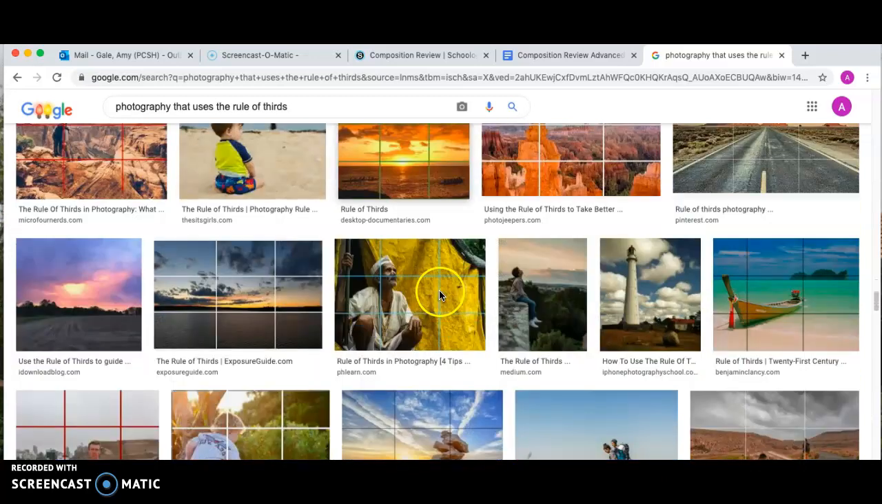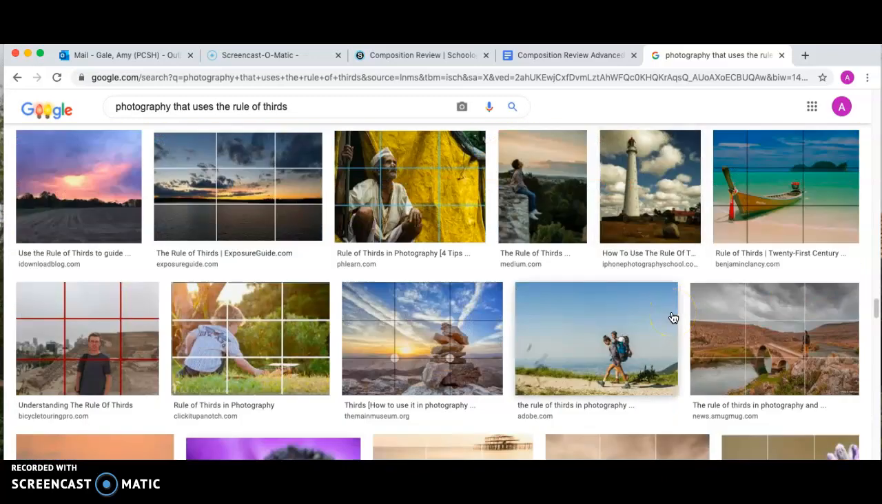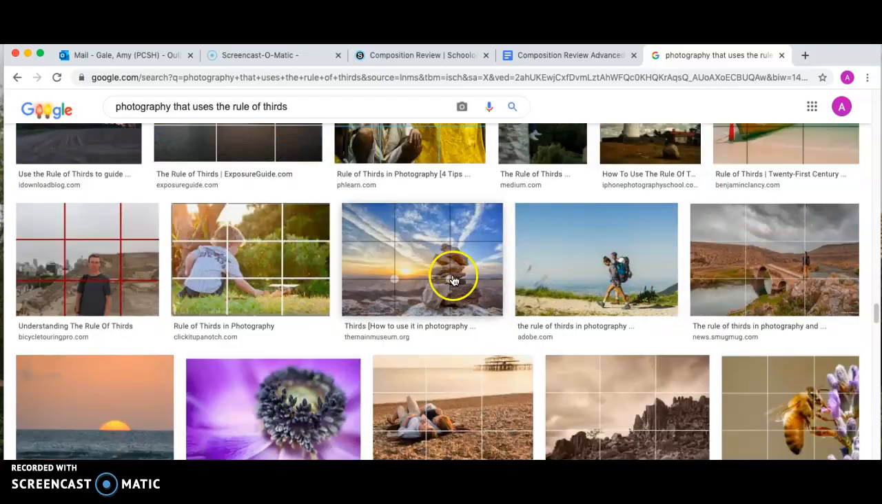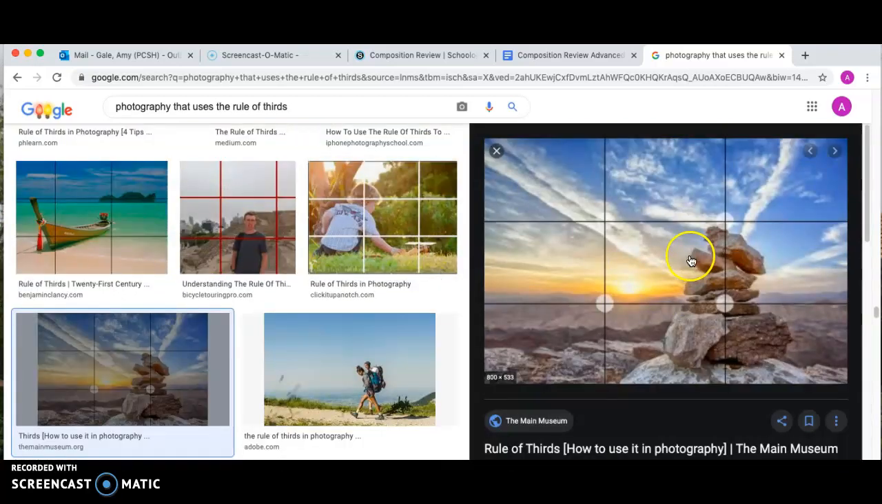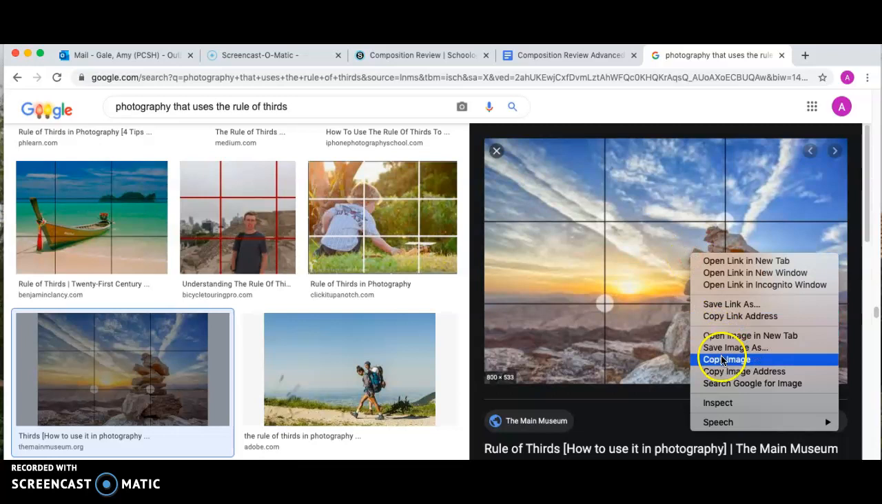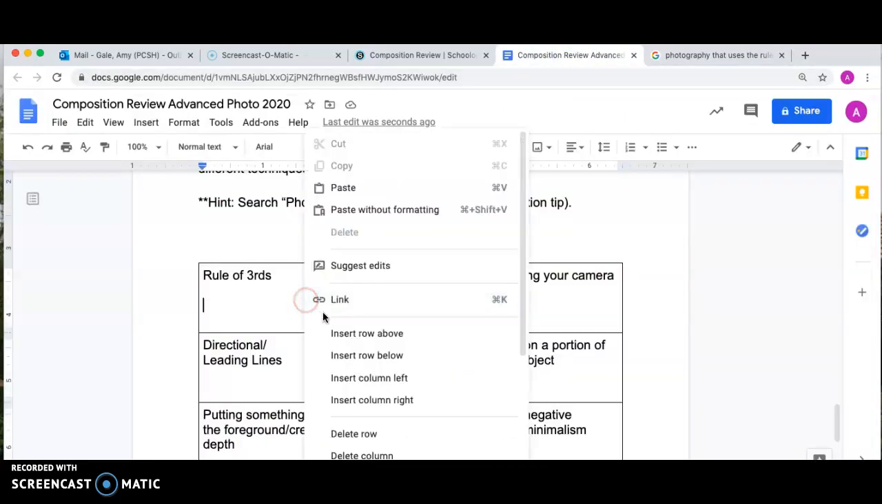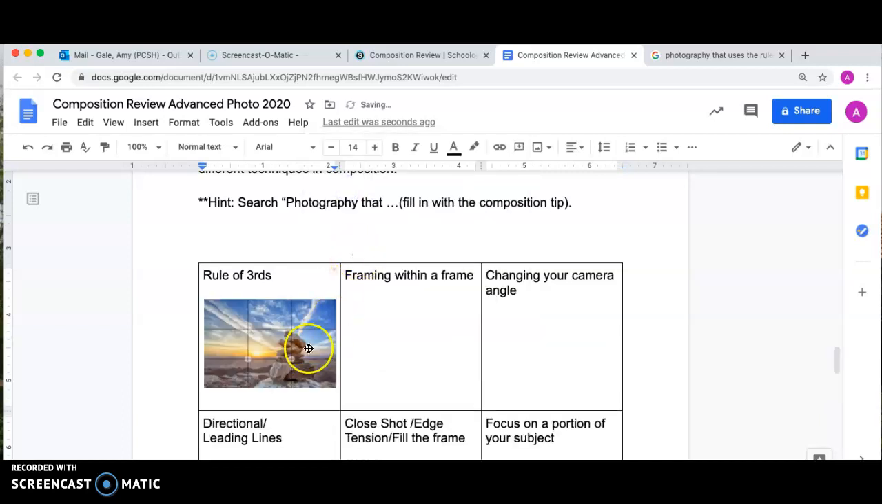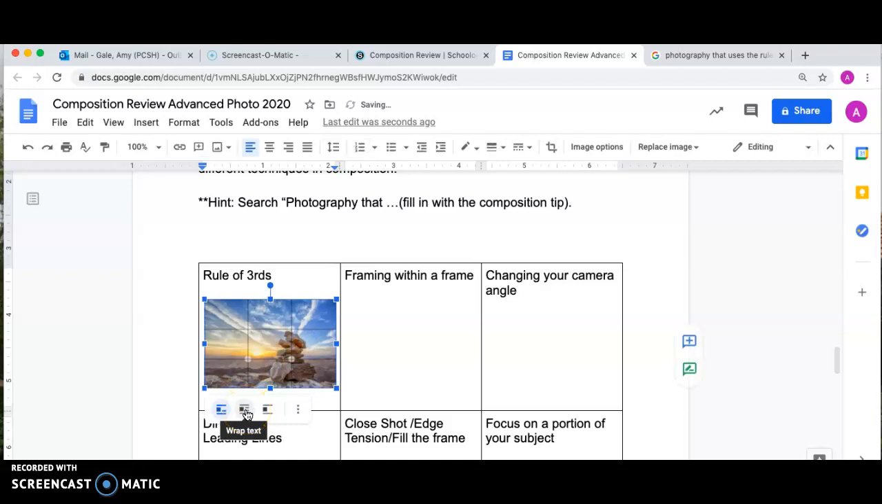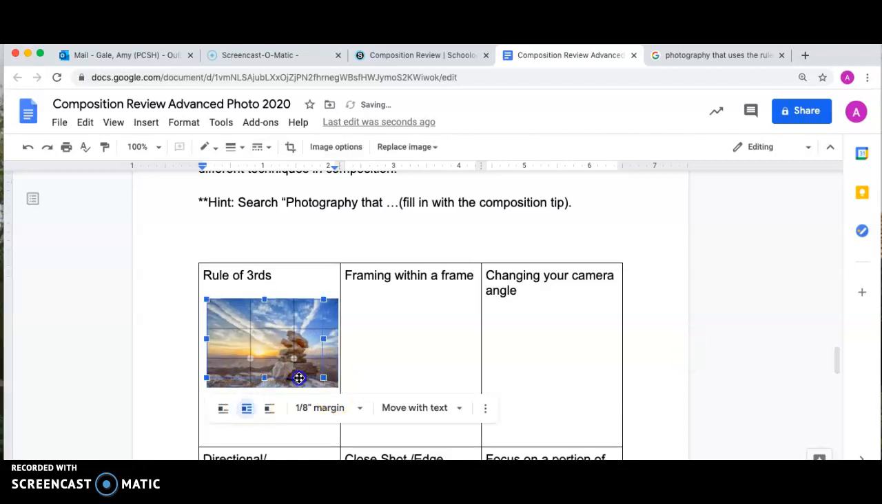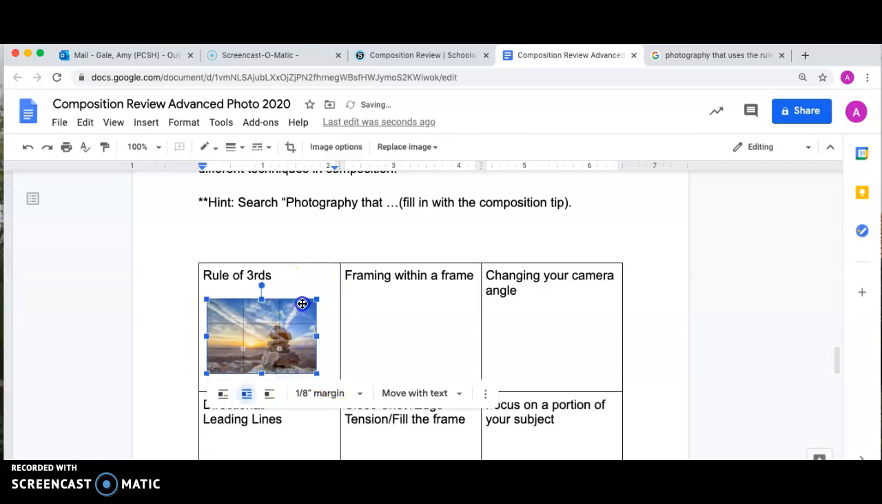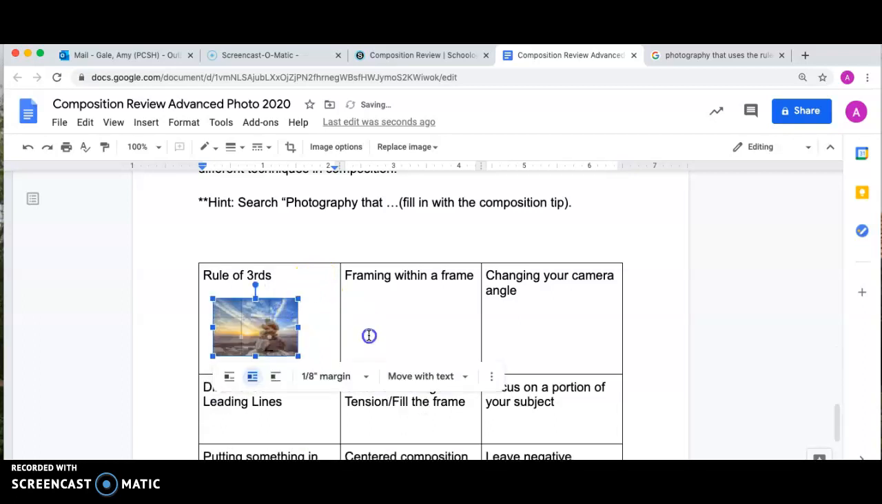So you would find one, rule of thirds. I like that one. I'm going to right click and copy the image, and then I'm going to go back and paste it in there. Now, if your picture messes things up, you can wrap text, which allows you to move it. You can shrink them down. I don't have to see them huge,